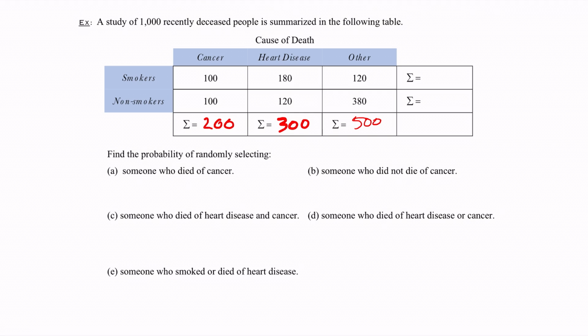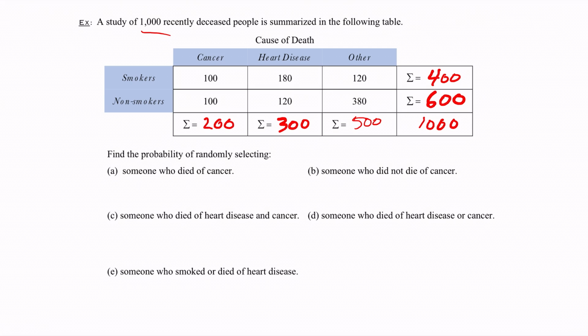Now let's add up the rows. So looking at the smokers in the first row, 100 plus 180 plus 120 will give me 400 smokers. In the second row, we've got non-smokers. Summing those up, we've got 100 plus 120 plus 380 will sum to 600 non-smokers. So notice that in both the rows and the columns here, if I total them all up, there should be 1,000 all together, which agrees with our study of 1,000 in total. Okay, so